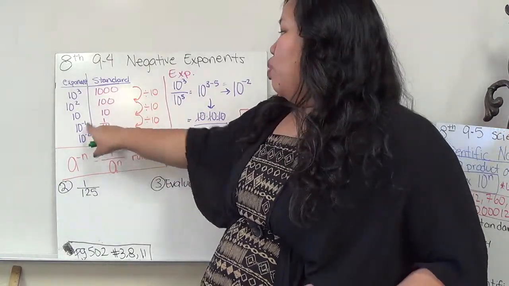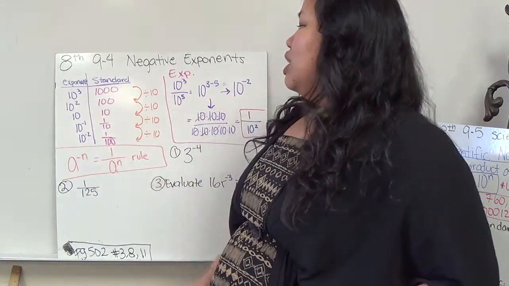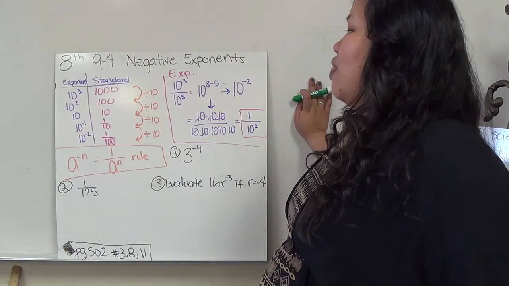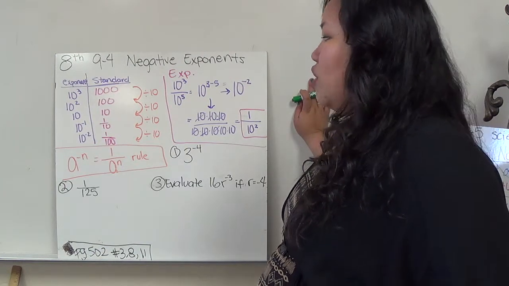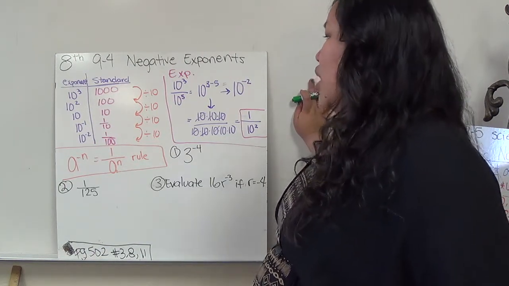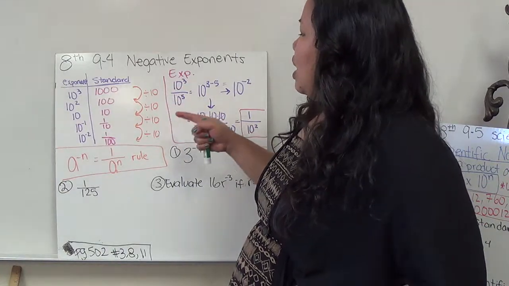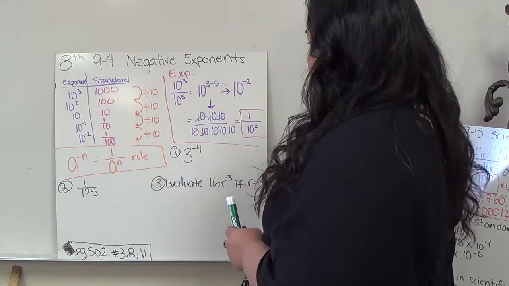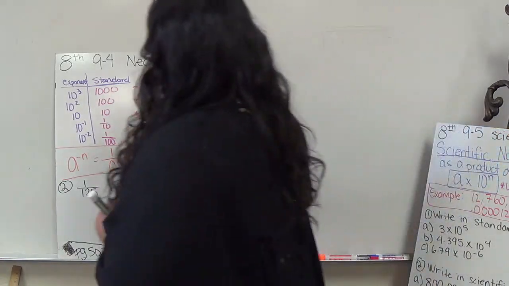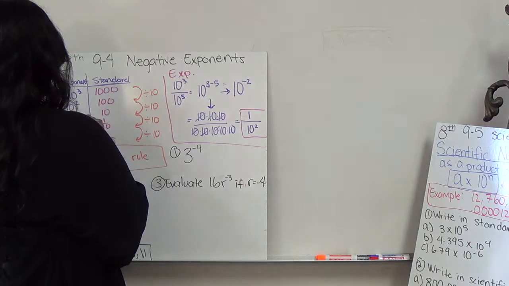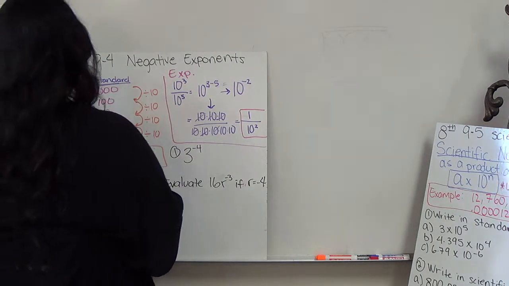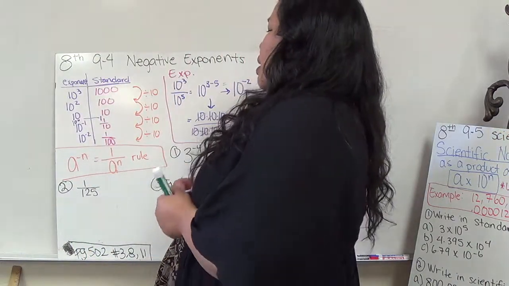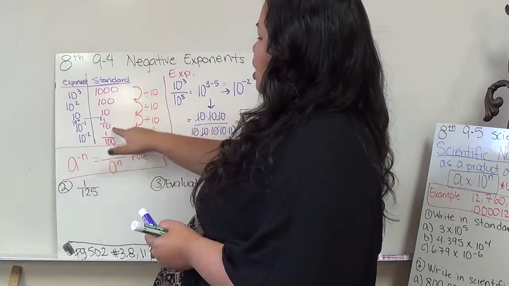So, for example, 10 to the negative 1 is 1 divided by 10, right? And then 10 to the negative 2 is 1 divided by 10 times 10. Okay, so I divide by 10 each time. Divide by 10, divide by 10, divide by 10, and so on and so forth. Actually there should be one here in the middle. It's 10 to the 0, which gives me just 1. Then I divide by 10, divide by 10, because it's actually like divide by 100